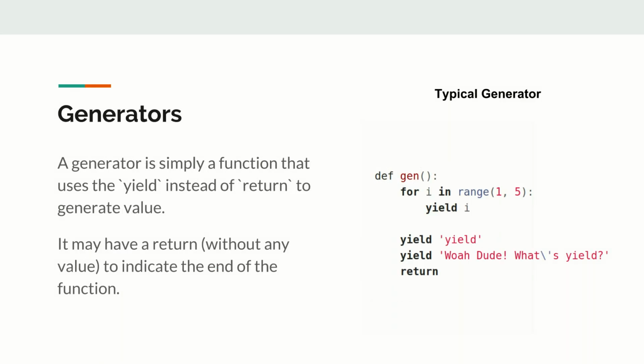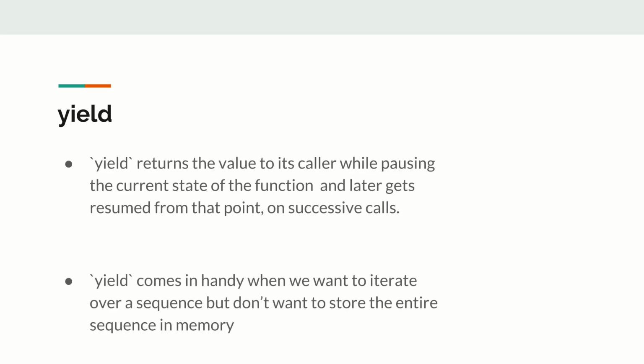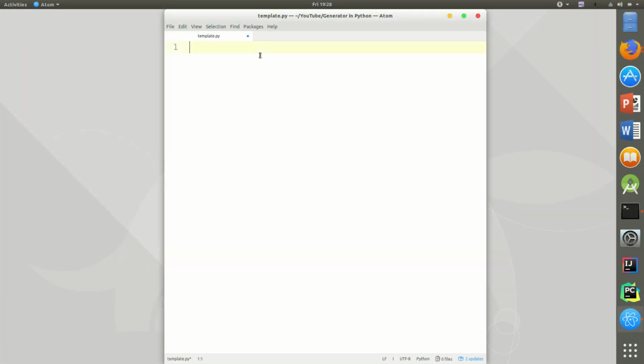Okay, so now we have enough information. We can go ahead and start implementing our own generator and see how it works out. So let's get started with code. All right, let's write some code. We're going to write the generator function that we saw in the slide, and we're going to keep things simple. Okay, so def gen